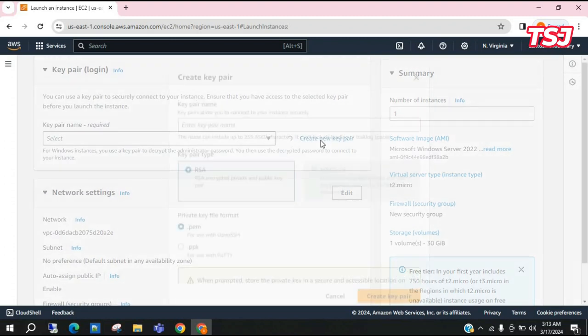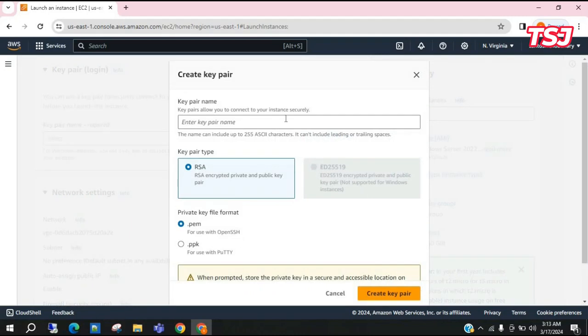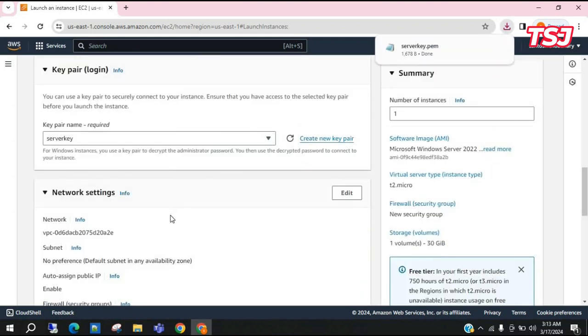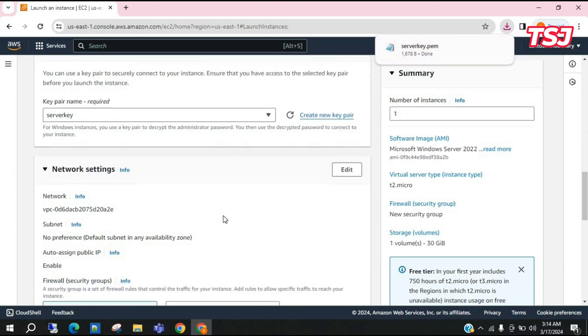Then create a key pair name. Provide the name here: server key. Okay, and click on create key pair. Okay, so server key is created and downloaded. So now